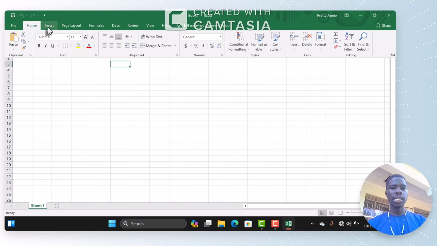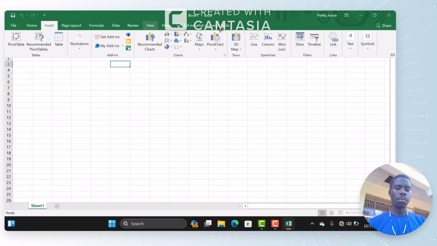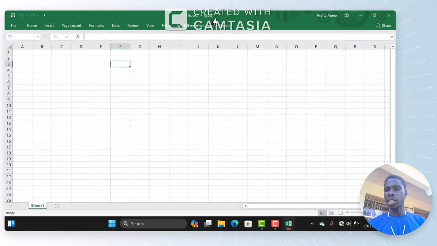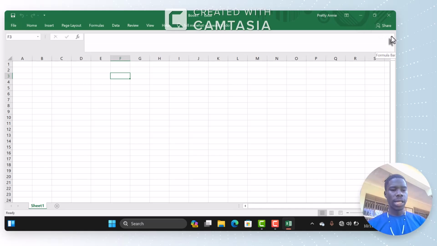There's also insert, and then like in Word and PowerPoint, we also have the layout, and the formulas. The formulas are only found in Excel because it's only in Excel that we do calculations. Then right below the toolbar, ladies and gentlemen, we have